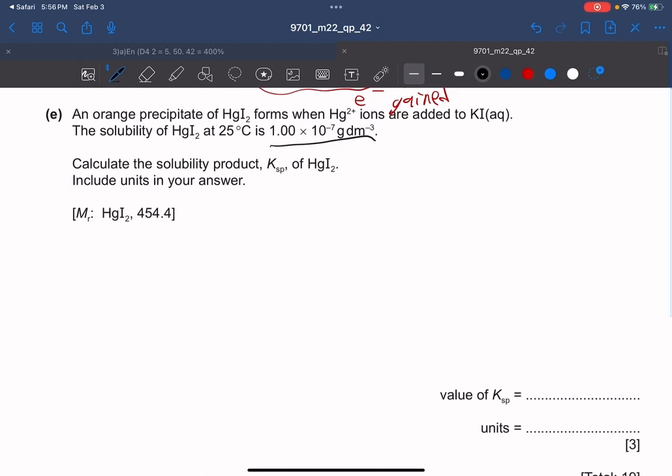So really Ksp is the solubility constant, so it means the equilibrium constant for a solid that is dissolving in an aqueous solution. So basically it just suggests how much a certain substance is soluble. So Ksp equals [Hg2+] and [I-] squared. We're going to add squared here